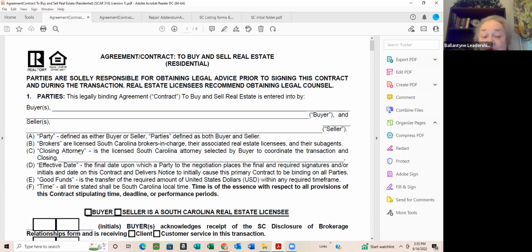A closing attorney is someone licensed in South Carolina, and they can be selected, or should be selected, by the buyer to coordinate the transaction. Now you see this little line here? That little line just confuses the dickens out of all of us. There is really nothing required on that line, but that's a good place for you to start exposing the buyer, if you're representing the buyer, to where the earnest money is going to be deposited. And if you'll notice on page 2,